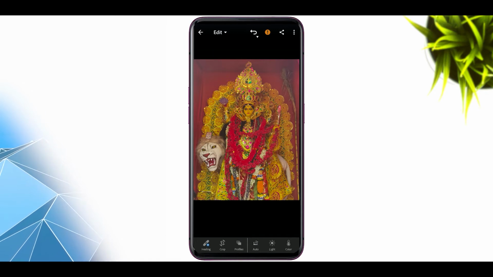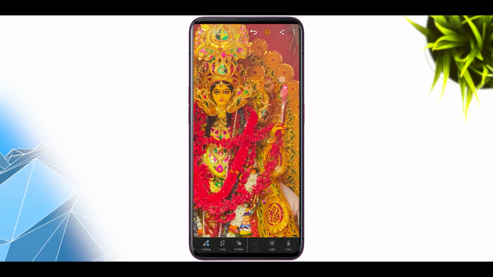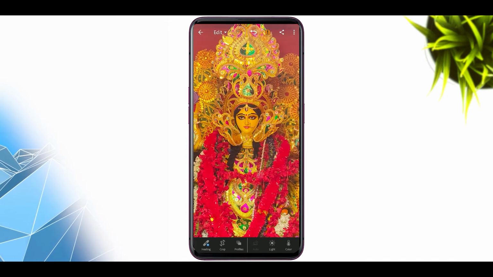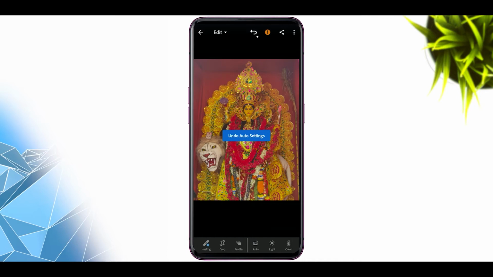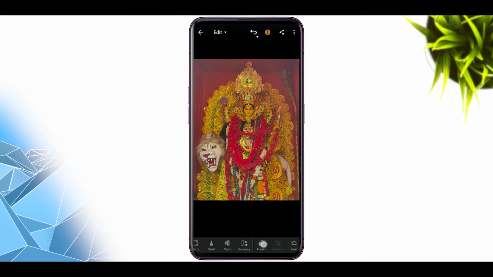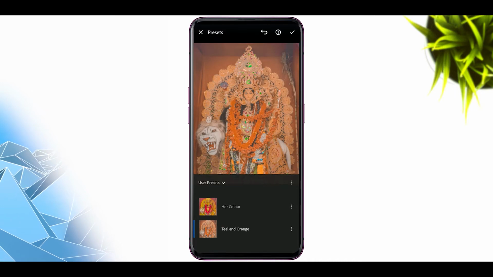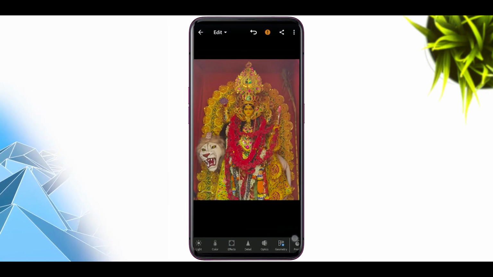If you are just starting out, you can easily use the auto feature to auto colorize your photos, but it will not look good because, as you can see, the face became yellower and it is oversaturated. So I will undo it and color correct it manually. Also, I have this preset pack that I made, the teal and orange, but as you can see, the teal and orange won't work over here. So yeah, I had to color correct it manually.